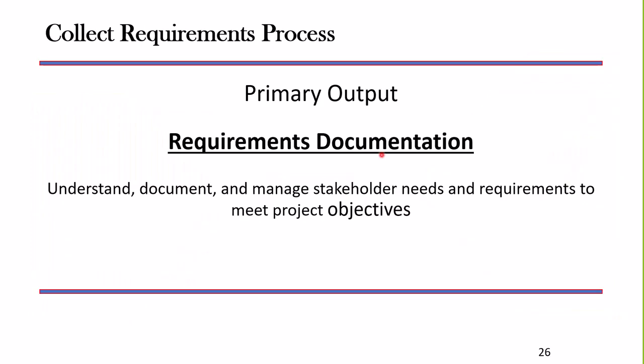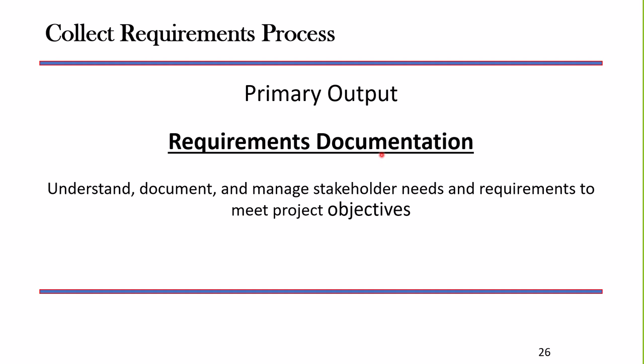Think about it this way. I have a project charter. I know who the stakeholders are. I've identified stakeholders. So now I can start building the scope of the project. What is the detailed information that I need to be able to execute this project? When I collect requirements, those are the foundational requirements coming from the stakeholders that will be used to develop the scope for this project. The primary output is the requirements